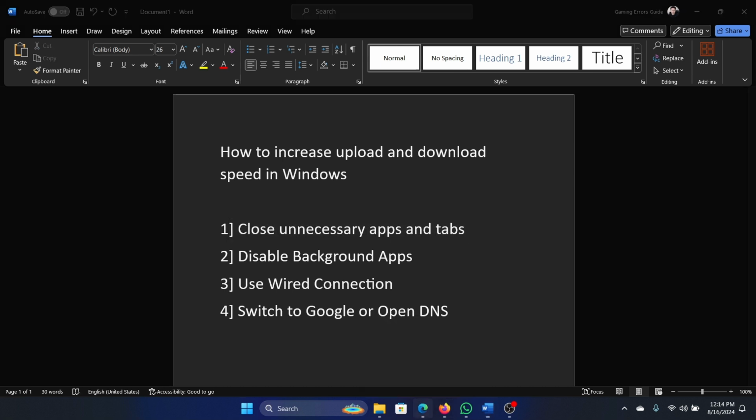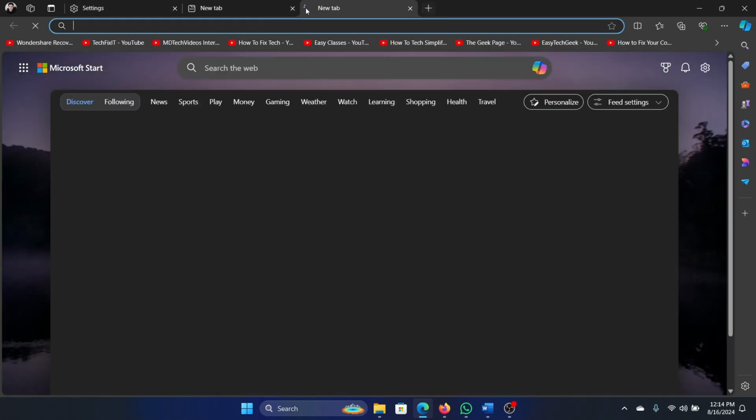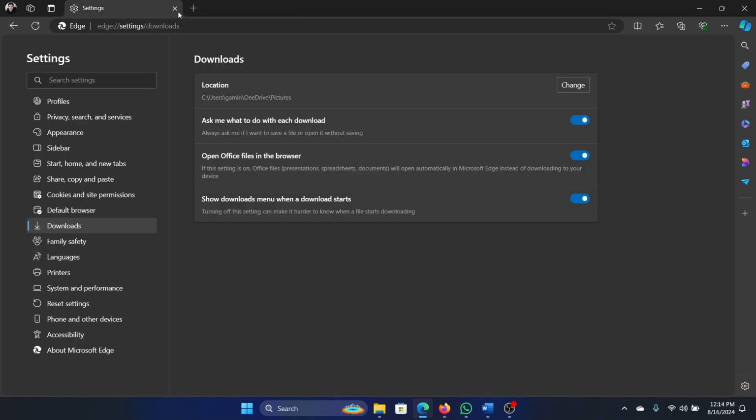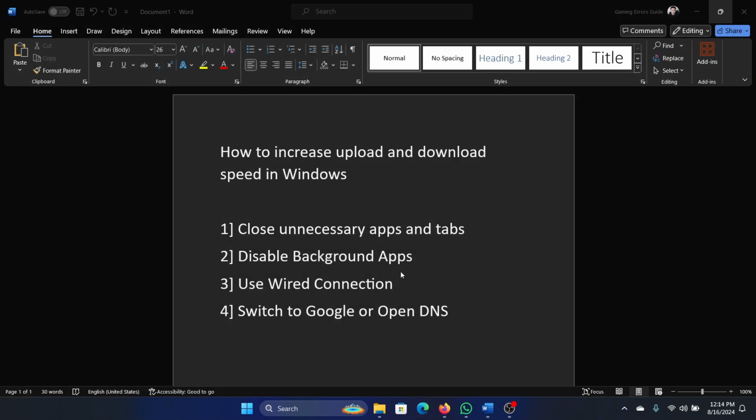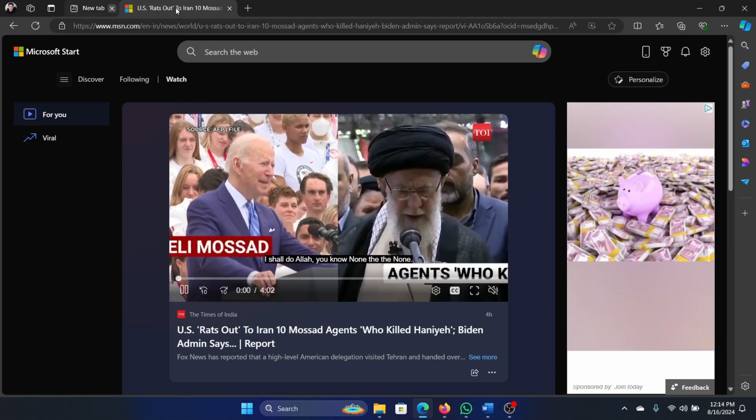Okay, so let us say that we have opened a lot of unnecessary tabs and they are consuming a lot of system resources. Simply close all of them, or here's my suggestion, just close the browser, then reopen it and only access the tab that you need to, only access the work that you need to do at that point